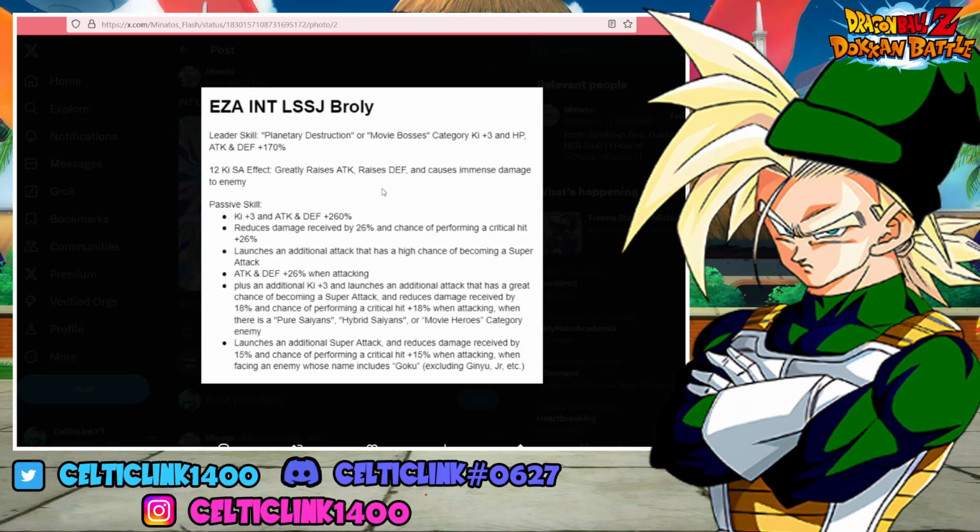That's already a 60% raise right there on defense, right? Then let's say you proc the 70% for pure and hybrid Saiyans. That's another 30%, right? That's a 90% raise on turn 1. Plus, let's say you get his built-in 50%, right? That's another 30% for 120. Plus the hidden potential, right? He has the potential in turn 1 alone to raise his defense by...